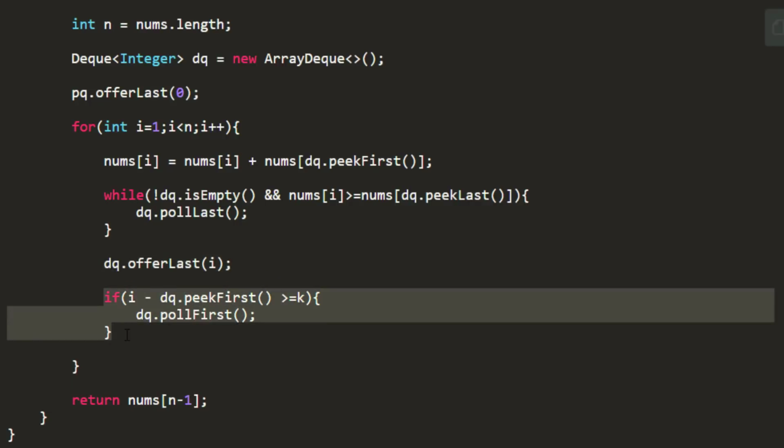And once we have more than k values in this deque, we will be removing the values from the start of the queue. This solution is also in line with what we have discussed earlier. We are doing the same thing, but this time we are using a doubly ended queue, so that there is no need for us to have a sorted result, and we can decrease the time complexity.